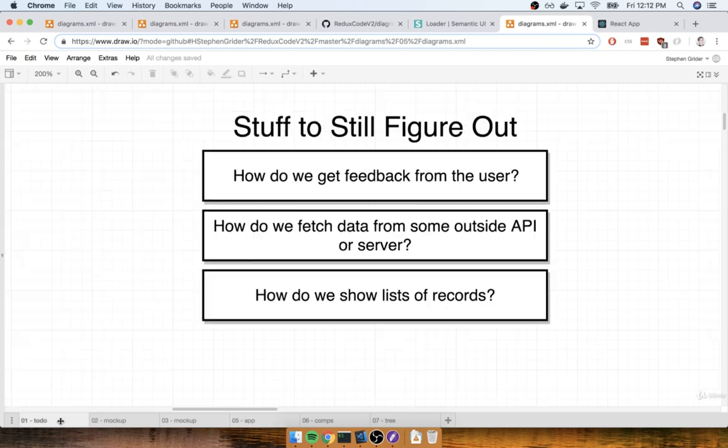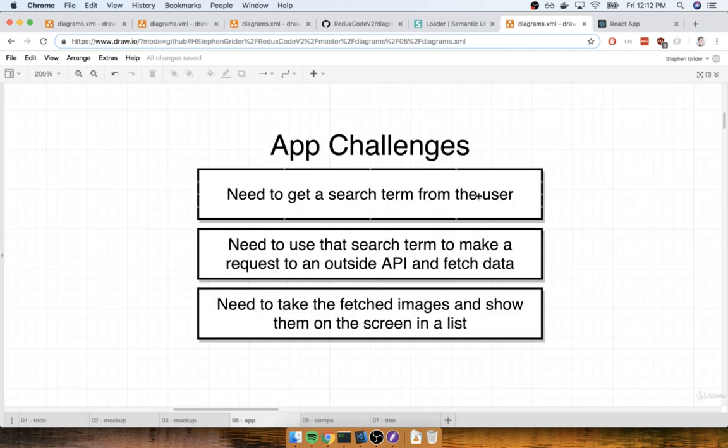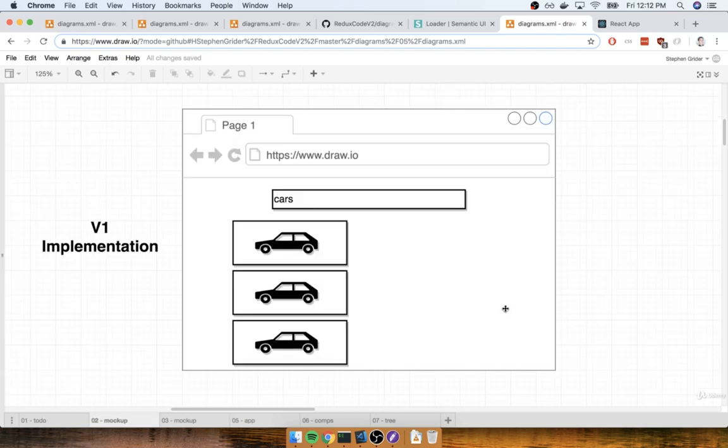So essentially, same things we just discussed over here. We're going to try to tackle each one of these challenges one at a time so that you get a really good idea of how we handle search terms or how we handle user input, and then how we handle fetching data, and then how we handle dealing with lists. And the next thing I want to do is take this mockup right here and figure out how we're going to break it up into a list of different components.